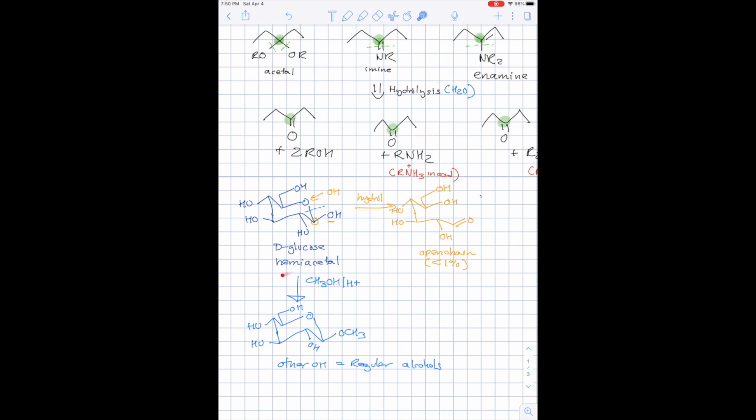You can also take the glucose, this hemiacetal glucose, in the opposite direction and under relatively mild conditions react it with an alcohol and acid, and that's going to convert only the hemiacetal OH to the full acetal. These other OH groups